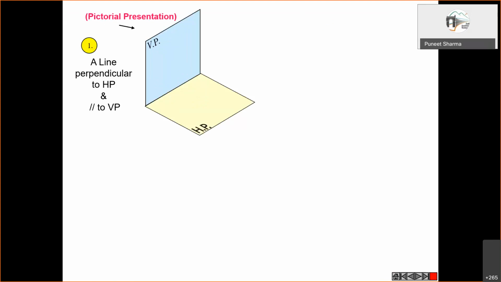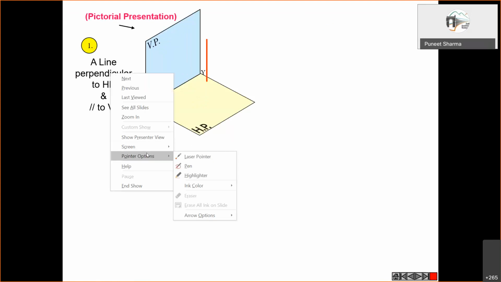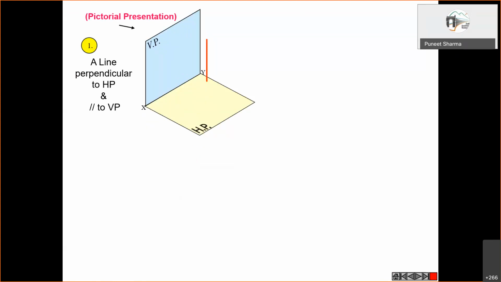You have the segments of the usual vertical and horizontal planes which are needed for showing the first quadrant. And this red line represents the case when the line is perpendicular to the horizontal plane and parallel to the vertical plane. The direction of viewing remains just the same as in the previous case. The endpoints are named capital A and capital B.